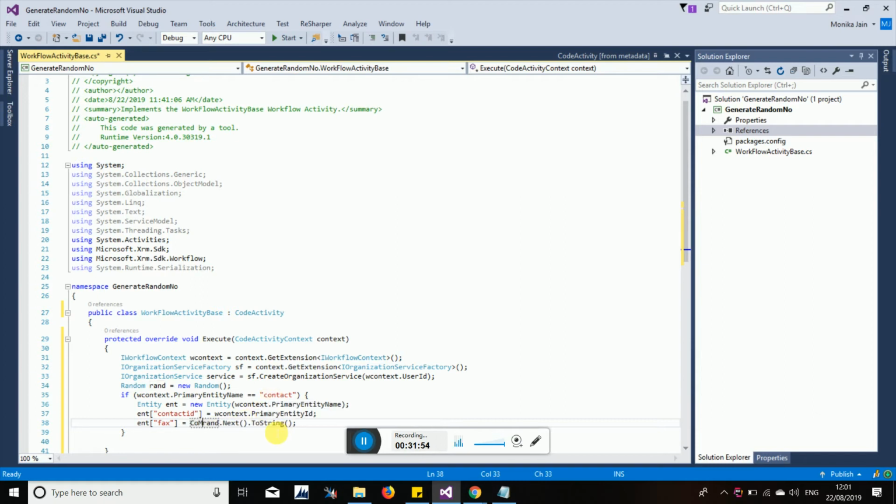So now I am giving static values for this, suppose the string I should give: com hyphen, and here also I want 20.